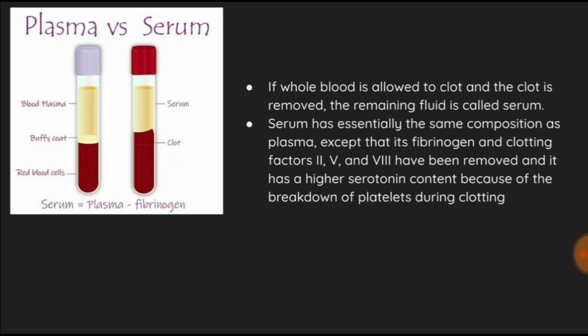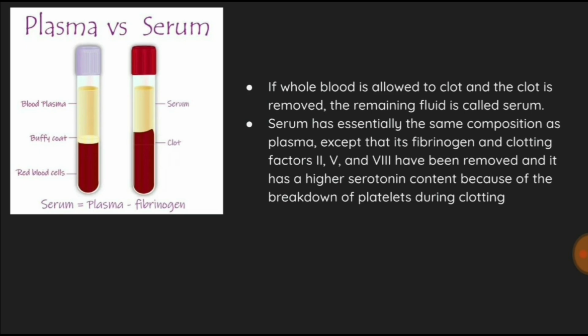So what does the serum consist of? It consists of fibrinogen and clot factors 2, 5 and 8, which are involved in the formation of fibers. These fibers form a mesh-like structure around the wound, stopping the blood completely. So it can form a permanent plug, or the secondary hemostasis, which we will be learning in the upcoming videos. This is the composition of serum, and serum also has a higher serotonin content, which helps in